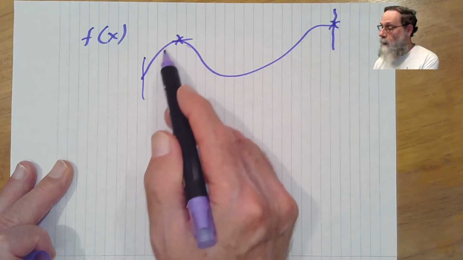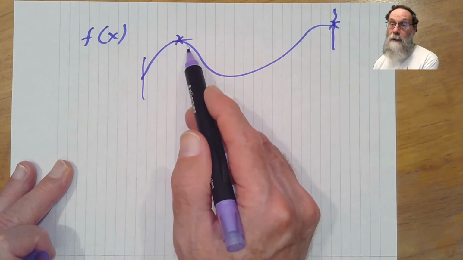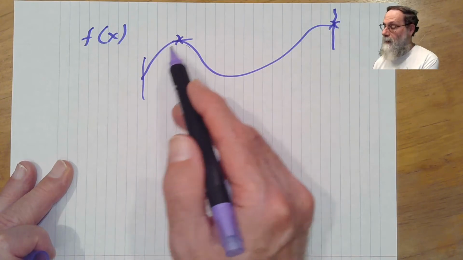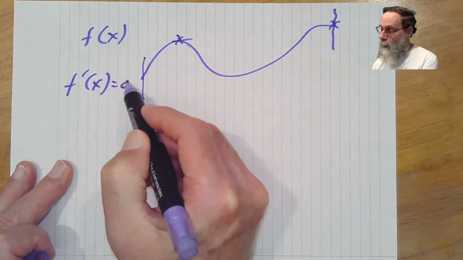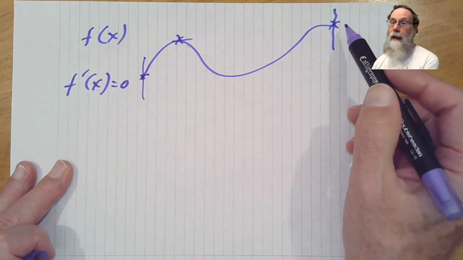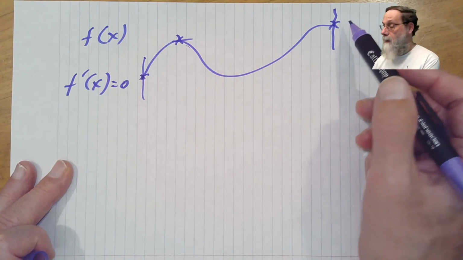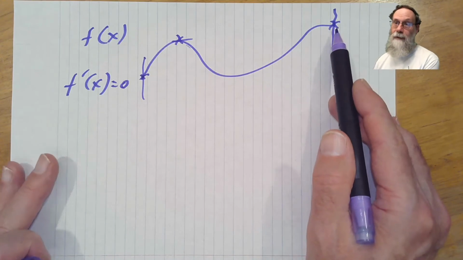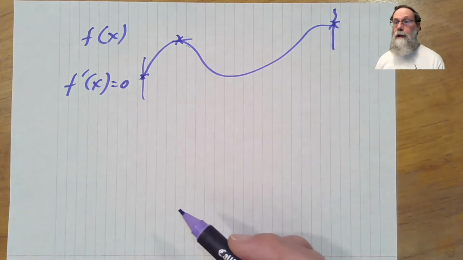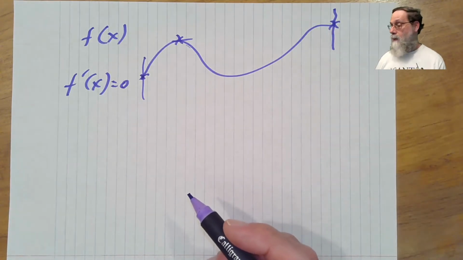Either a place where we have a flat spot where the derivative is 0, or at a boundary of the space. And given that this is a one-dimensional optimization problem, the boundary of the space are just pretty much the beginning and ending intervals. So this is a very simple sort of optimization problem.